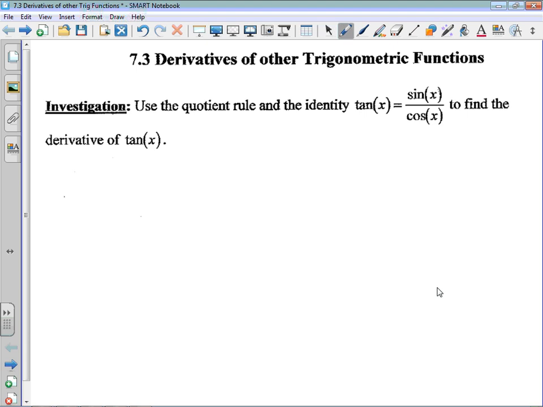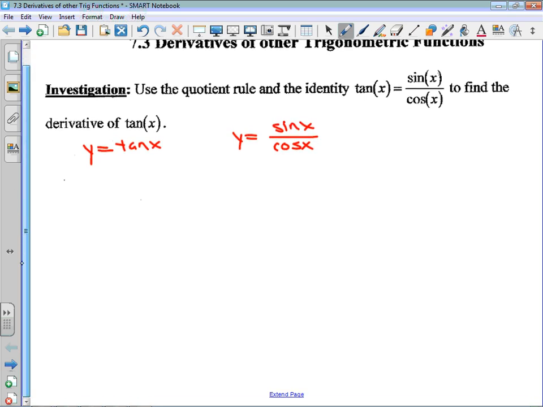Instead of dealing with the derivative of tan x, if y is equal to tan x, I'm going to say that y is equal to sine x over cos x. Now, this does certainly have non-permissible values where you cannot take the derivative, but we're going to assume that they meant take the derivative over its existing domain. So we are just going to take the derivative, and I say just like it's easy. It's not easy, but